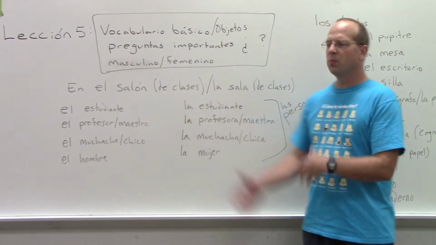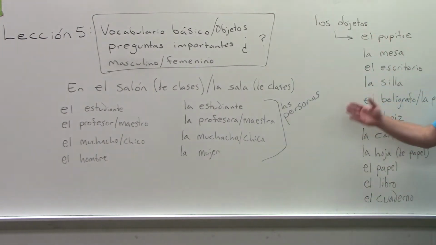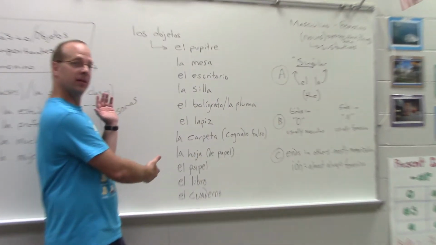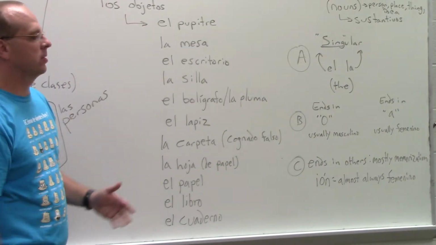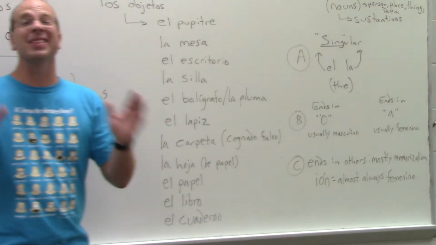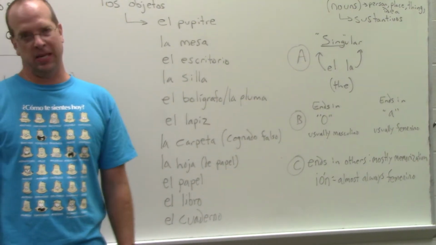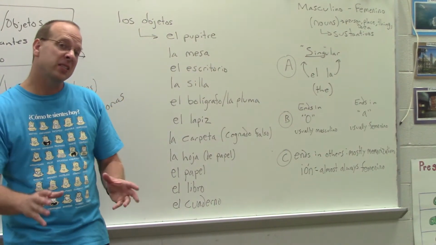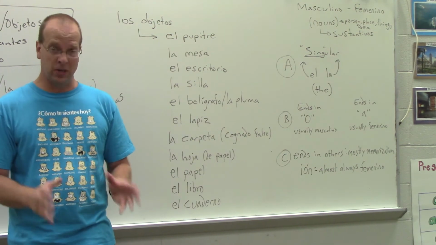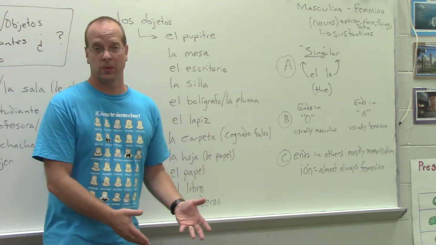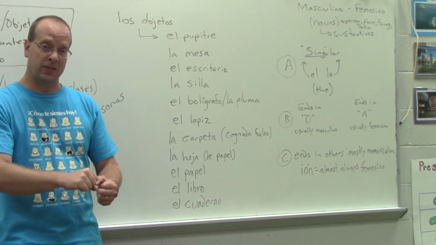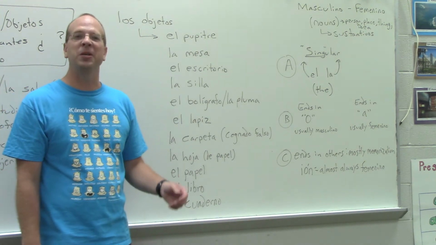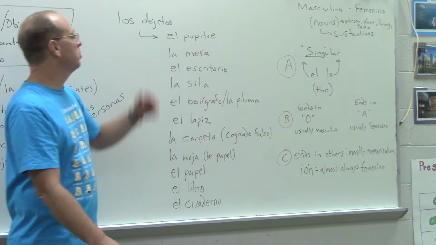So, let's go on to more vocabulario. Los objetos. Panning, follow me. Este lado? Sí. Okay. Los objetos. Well, we have el pupitre, and thank goodness I don't have any of those in my classroom because they are so uncomfortable. Pupitre is that chair-desk combination that you had to sit in elementary and middle school, and when you stood up, it went with you. Okay? If the chair and the desk are connected together, that is el pupitre. Or as my Spanish 1 students always say, el pupitre. Okay, el pupitre. All right.